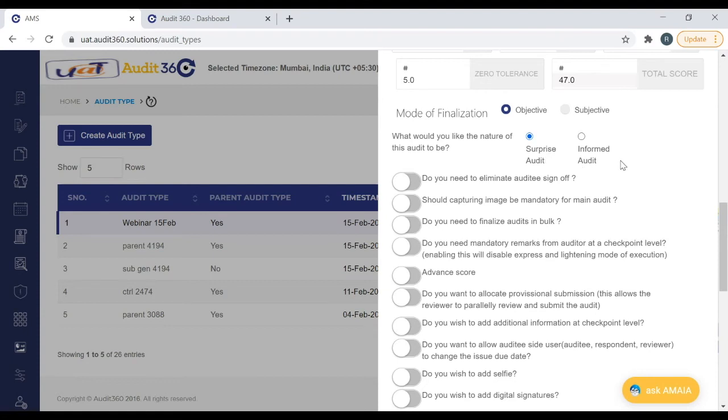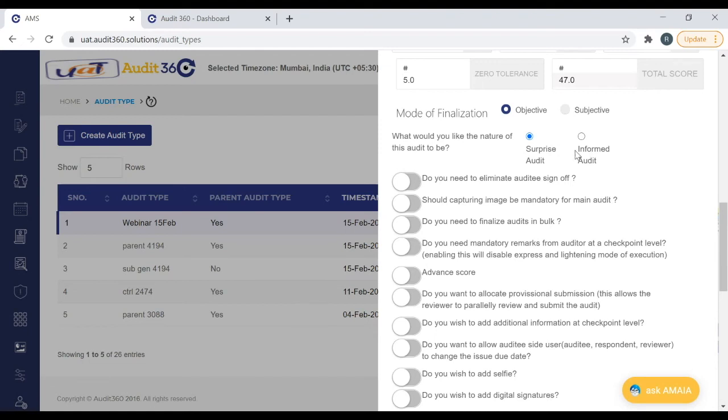This configuration point would be available for remote audit on the schedule reference file, which is the audit reference file. The user, while defining the audit, can even want to keep it as an informed audit. He can choose to have an informed audit. If we keep it as an informed audit, the audits being scheduled can be viewed by the auditee, and if any reference files are attached, access can also be given to the auditee.